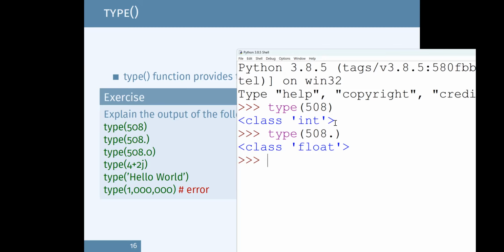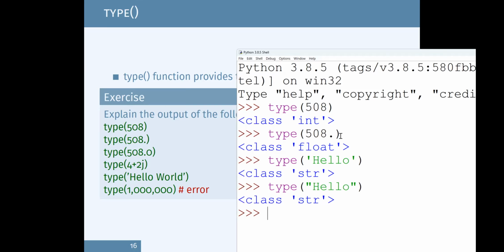Similar to that, you can also have string values like hello. You can use either single quotes or double quotes. So those are the different data types. Other than that, you can also have bool, which we cover later on. For example, if you say type true, that is the Boolean data type, right?